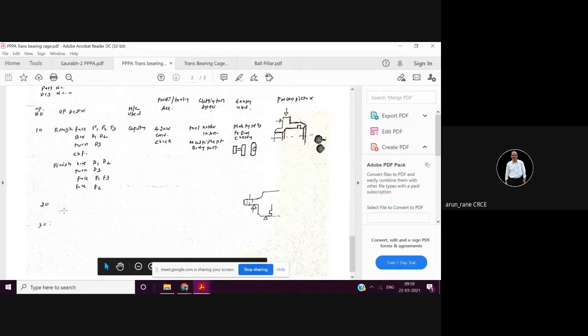So diameter 20 is nothing but setup 2. Setup 2 means you are clamping here, and you are locating on this face in a soft jaw, and in this you are doing only this facing, because if you remember this is a square, isn't it? This square cannot be turned, so we are doing it on milling. So in setup 2 there is this facing, and if you remember there is a radius here, and for that radius a gauge is used, and this facing. That's all. Rest everything is done in setup 1.